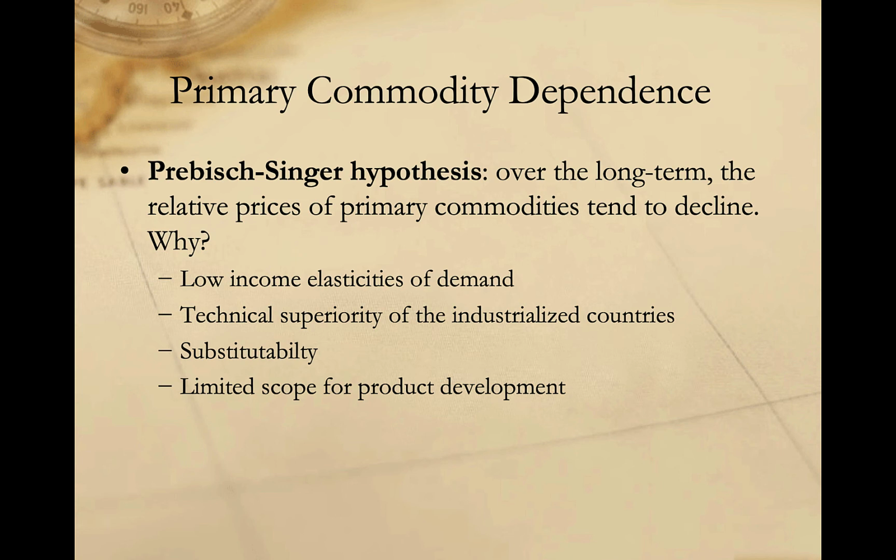In addition to the elasticity of demand, the price of primary commodities relative to the price of manufactured goods may also decline because of the substitutability of primary commodities. Greater efficiency in manufacturing processes has tended to reduce both the quantity of primary commodity used and created substitutes for some of those commodities. Cars produced today, for example, use considerably less steel than they did 20 years ago, both because we use the materials more efficiently and because we have substituted other commodities like plastic for steel. There may also be fewer opportunities for product development in primary commodities than in manufactured goods.